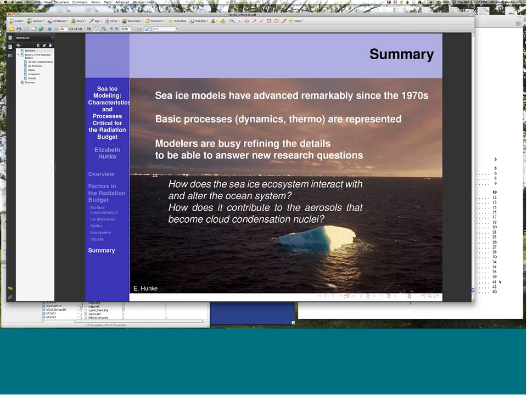I have another question that Martin Jeffries wrote, and he asked, how much priority would you give to improving the treatment of top and bottom roughness in the model? What sort of improvements are needed?